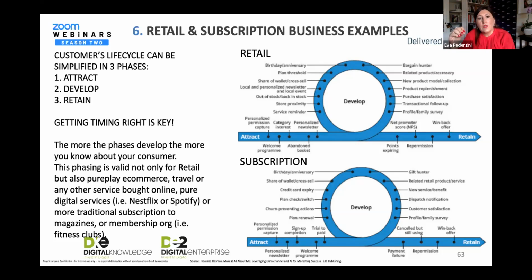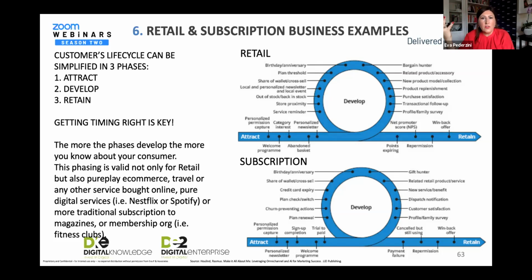And then in the develop phase, there are a lot of tools that you can use in order to get under the skin of the consumer, and therefore collect data and then define what the next best action is. For example, profiling them to a service, make a follow-up to a purchase, send a purchase satisfaction questionnaire, underline potential product replenishments, like for example Vision Direct is doing with me for my contact lenses, and present new products or a new collection or new accessories or new offers, or make contact because of an anniversary or a birthday,